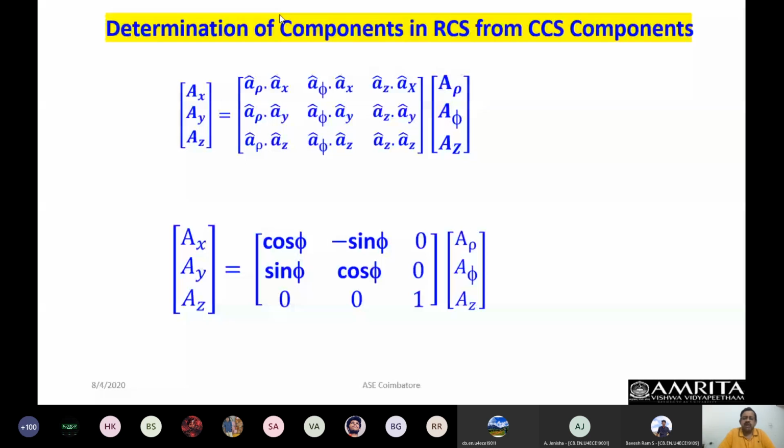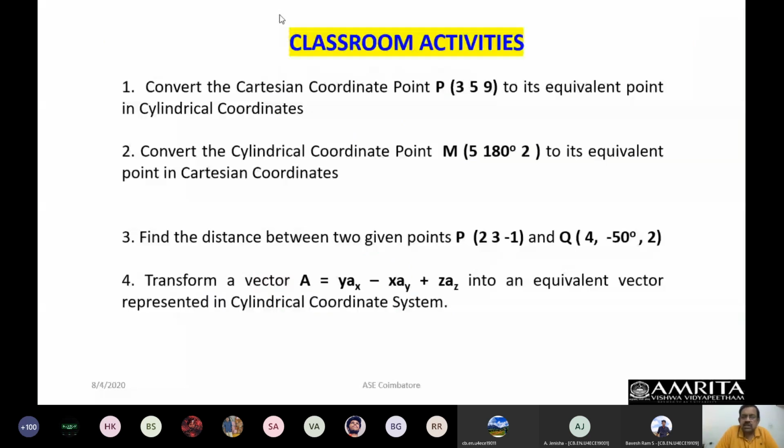So here are the 4 problems, and these 4 problems are given. I want you to do these 4 problems, and you can easily compare your answers with the given answers. I will be uploading it in the Ample. So let us take one example in the classroom itself. Let us go to